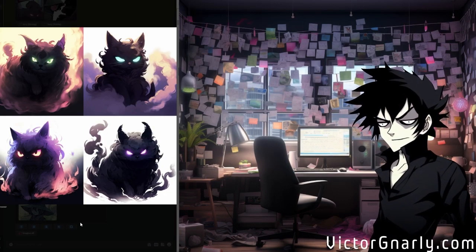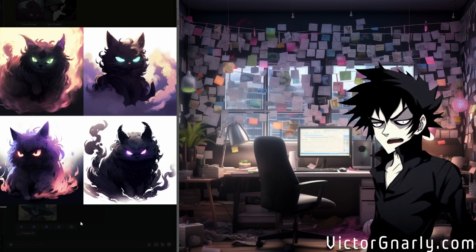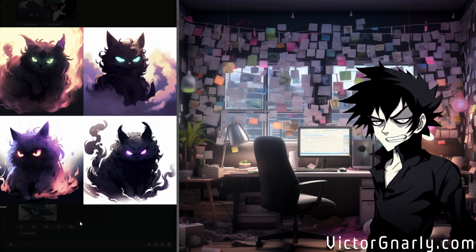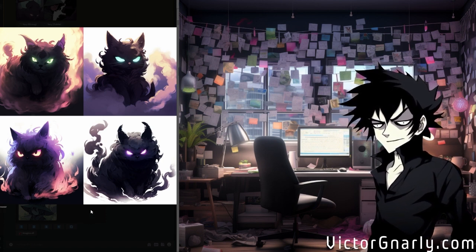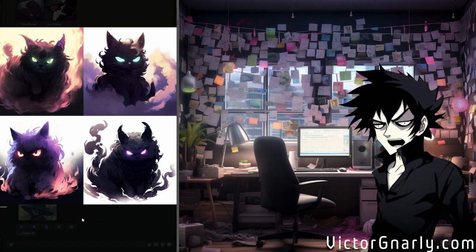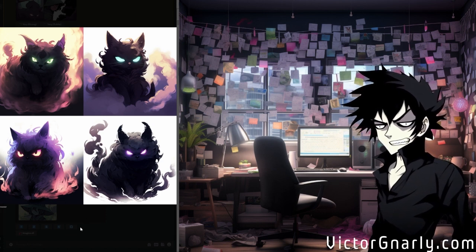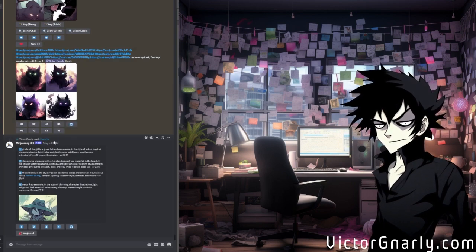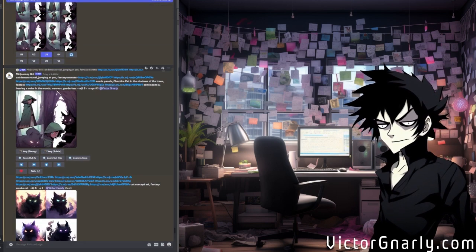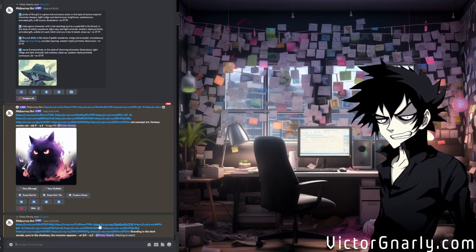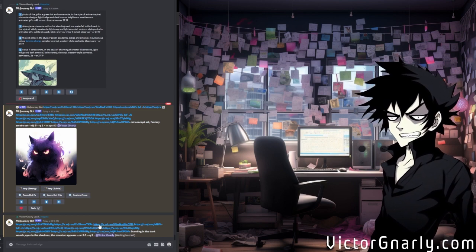So yeah, it's definitely a lot angrier, a lot more complex. I asked for a smoke cat of sorts, so that works. To give us a nice strong silhouette here, but also a little bit of information about what the cat is, I think we want to go with something more like the third here. So we get a little bit of flames, a little bit of fun action there. Our goal is to effectively try to make this continuous through the environment.